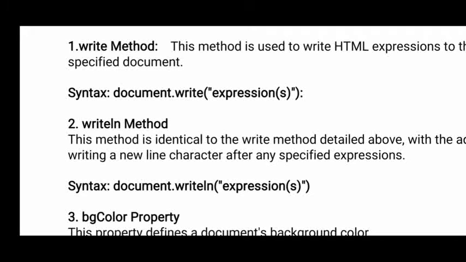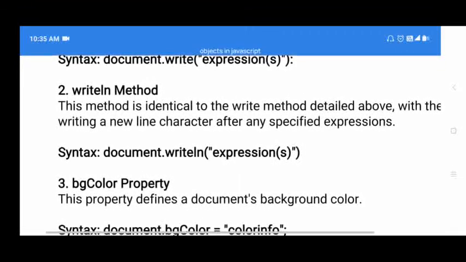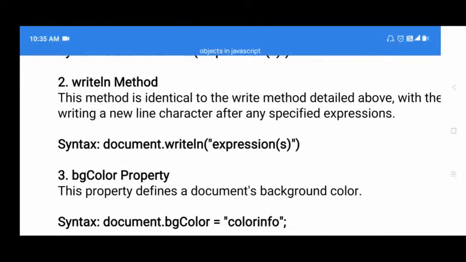It is a JavaScript method which is used to write something on the HTML document, because here we are discussing JavaScript objects. Using a document object, you can write something on the HTML document. So if you want to write anything on the browser window, anything in an HTML document, we will